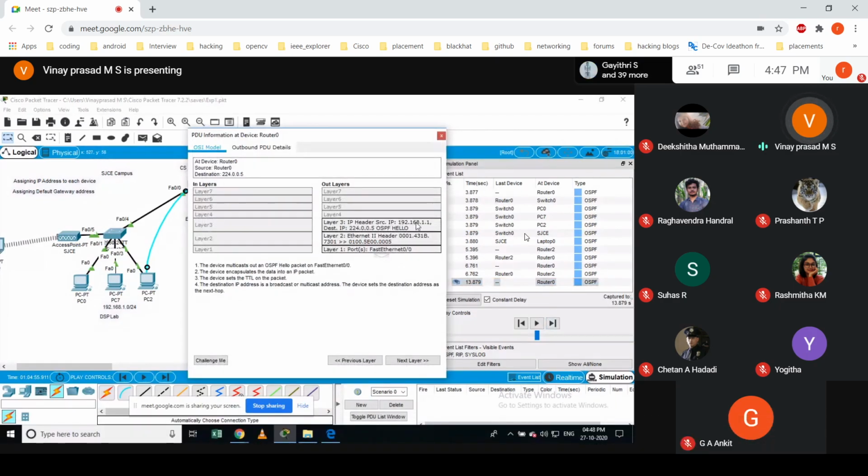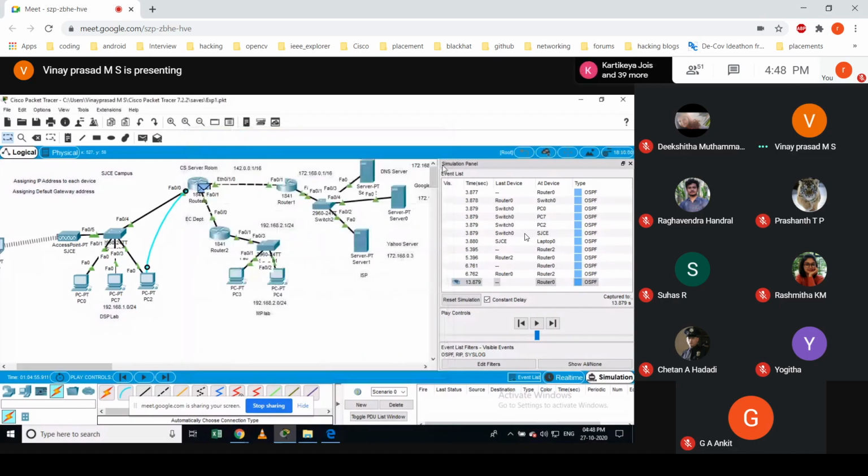See, the header is this, and 224.0.0.5 is the multicast address used for OSPF advertisement. So this is sending an OSPF hello packet, and the next address is the broadcast address. It doesn't do the broadcast. Instead, it will use a multicast address. Okay. So is it clear?